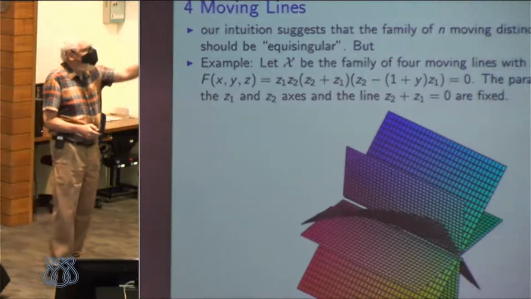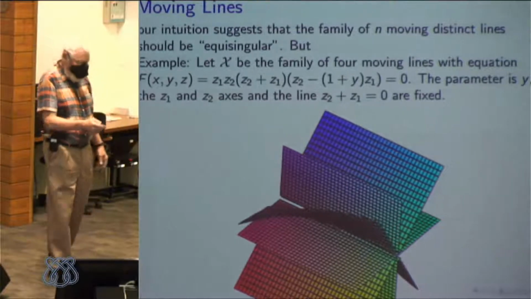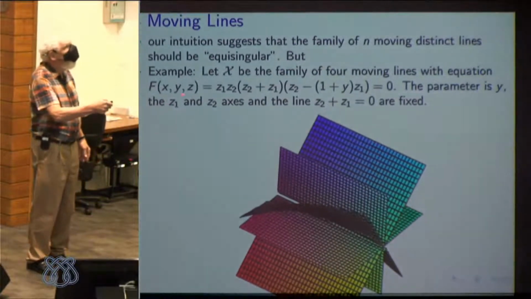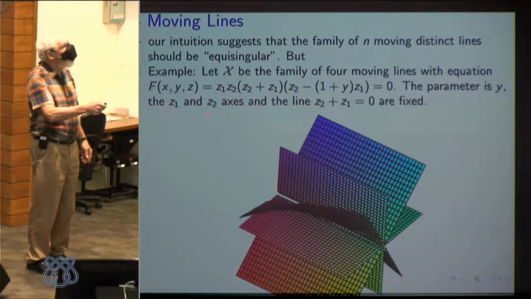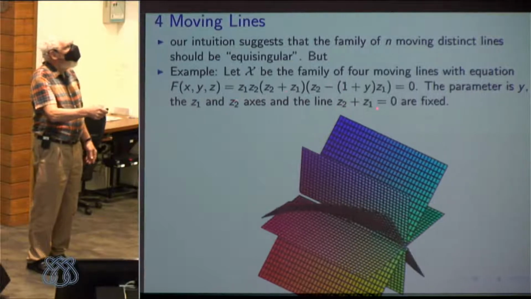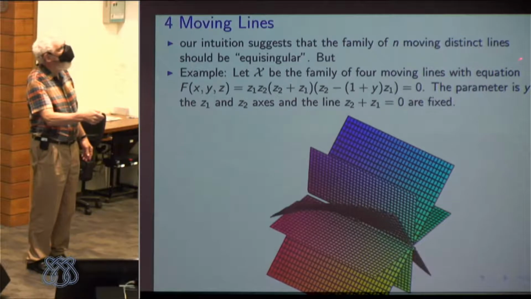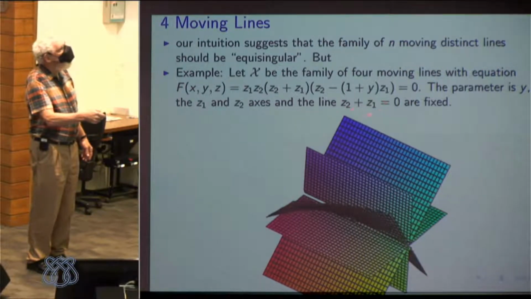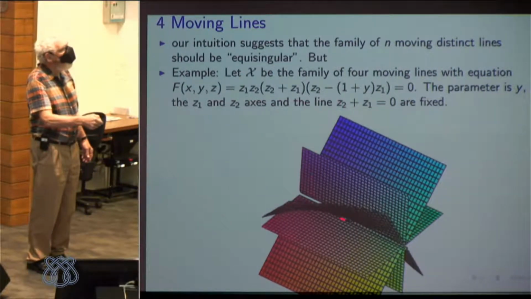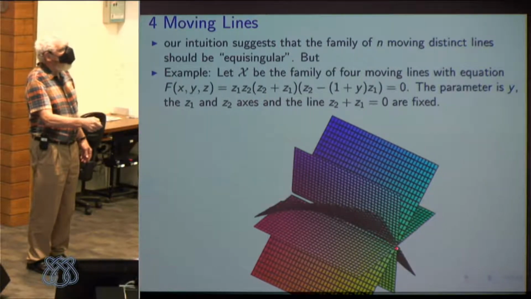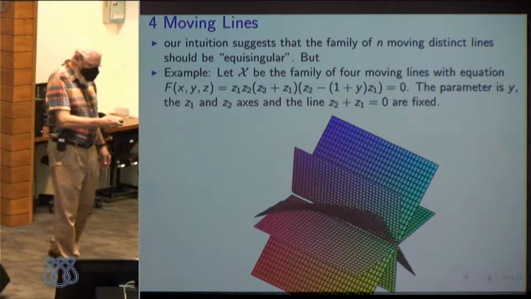Unfortunately, here's a picture of our four moving lines. You can see that three of the lines are fixed. Z1 and Z2 are fixed. And there's another line here, and this line here is fixed too. So these are the three fixed lines, and you can see that's why they're not moving. They're just planes. And this is actually a surface in the family, the whole space of the family. And that is made up of the moving lines. Well,